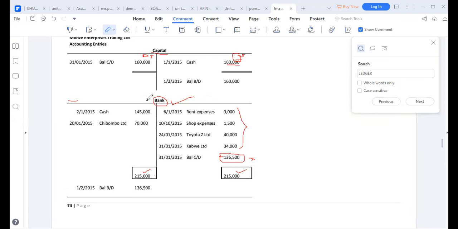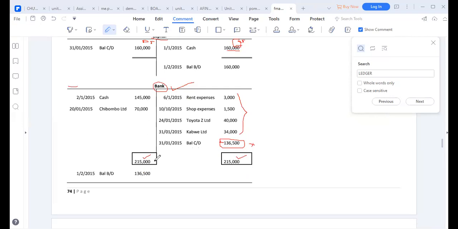Maybe she's asking which figures you added to come up with 215. Is it on the credit side or the debit side? The debit side. This one, have you seen the 145? And the 70. You have seen those? 145 and 70. Have you seen them, sir? Madam? Yes. The 145 and 70, you have seen them. Then you have to add this one